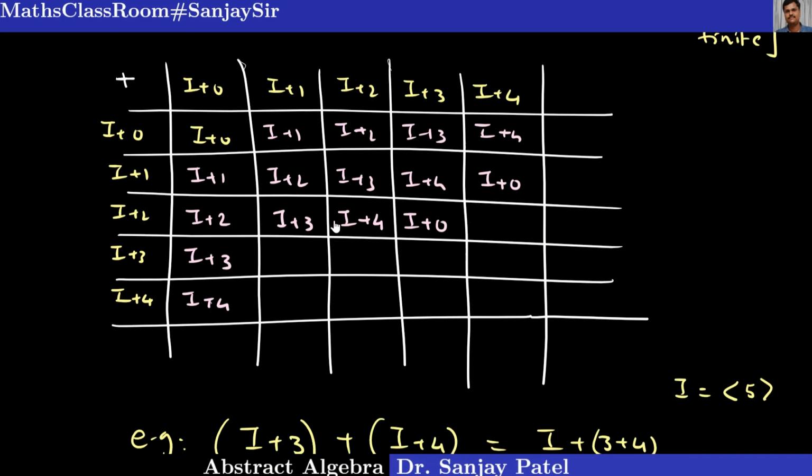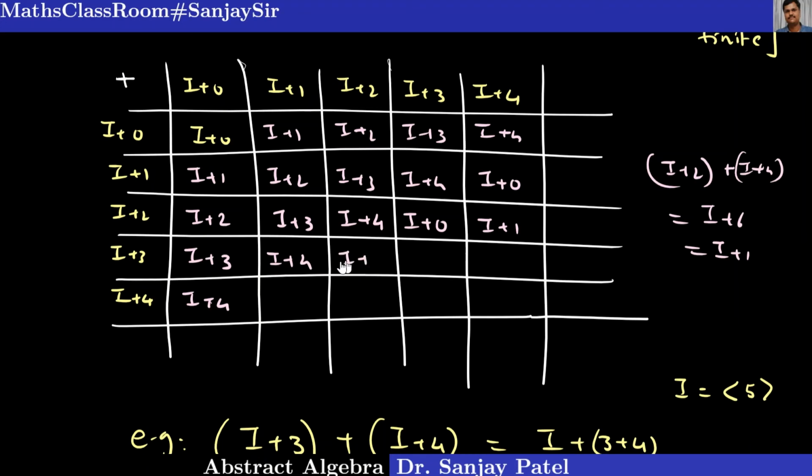Like that. And now 2 plus 4. So I plus 2 plus I plus 4, if you want to find like this, it is I plus 6, but then you can mod out by 5, so it is I plus 1. So this is I plus 1. And now without thinking also, if you understand the pattern, see 1, 2, 3, 4, 0, 2, 3, 4, 0, 1. So it is just shifting this way. You can verify. So this is I plus 4.